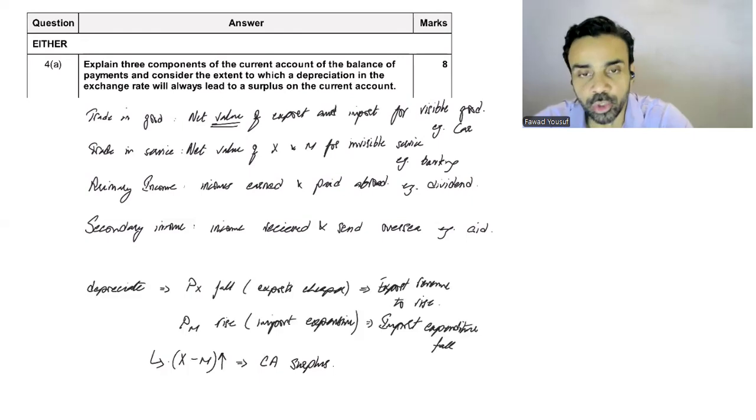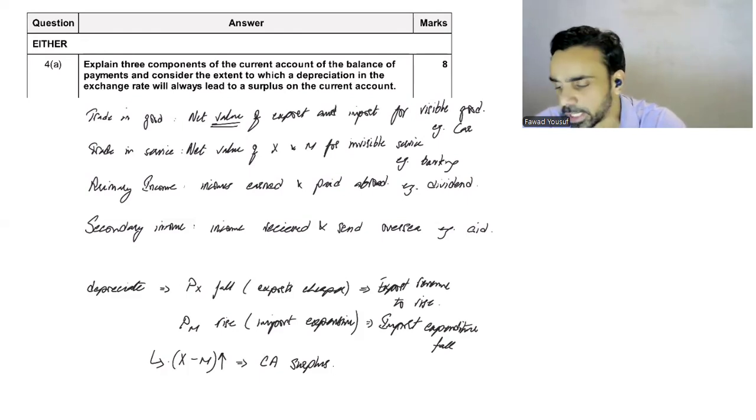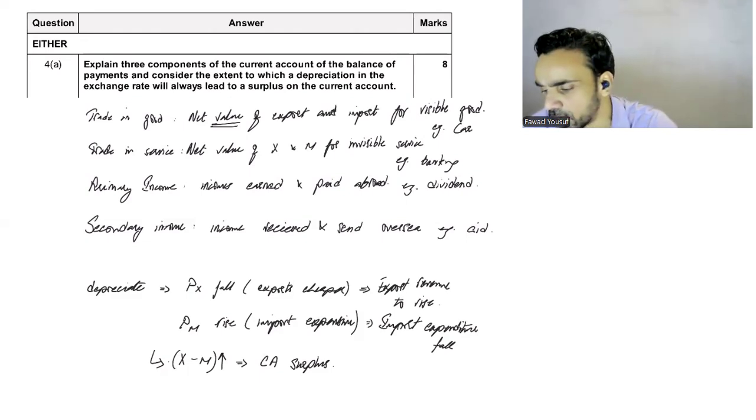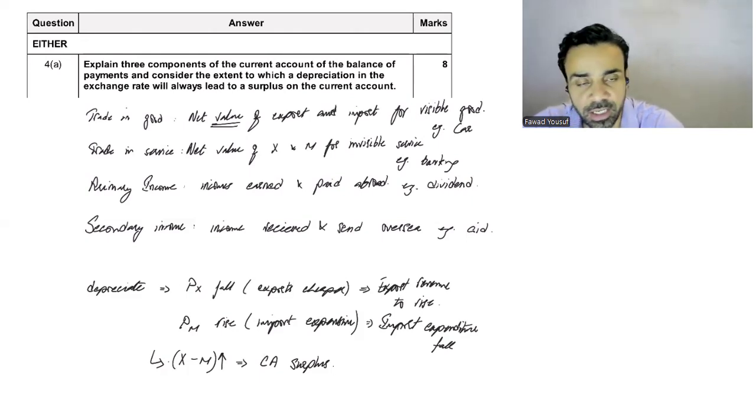Now, I'm going to get 2 marks maximum for all of this. I need to make a counter argument. In the counter argument, what we observed was that a lot of kids went for the whole PED discussion, that it's not necessary, what if the goods are inelastic, what if the goods are elastic. From that point of view, the examiners had put in a special note that if the students do not consider,